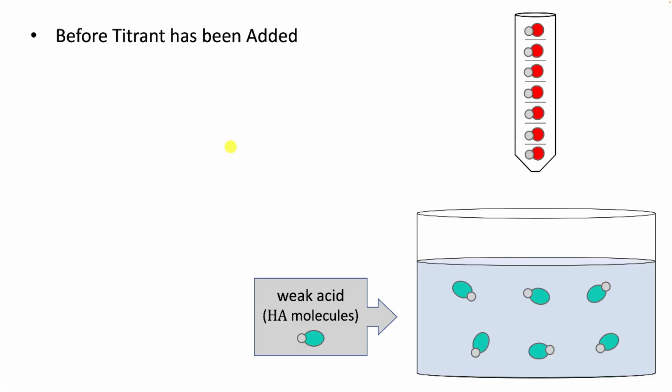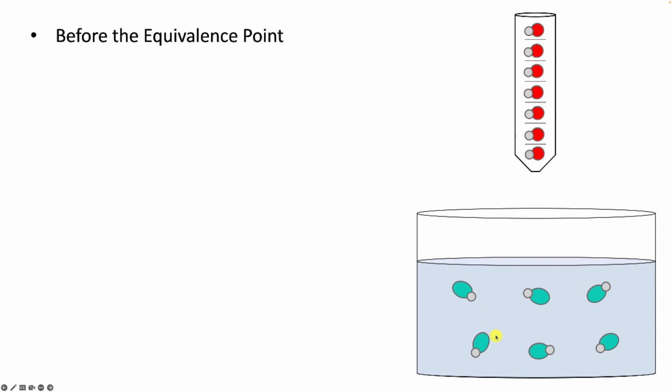Okay, so before any titrant has been added, we simply have, as the predominant species, HA molecules. And so here's our molecular level depiction of this. Yes, there is a little bit of H plus and A minus, but it's largely HA. Okay, we start titrating, and when the OH minus